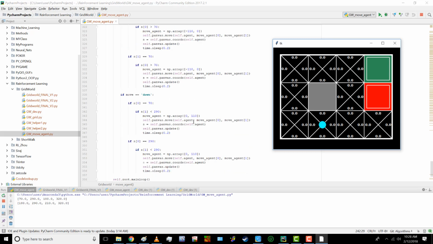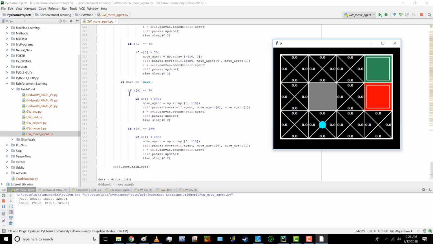Data's the same. And the same goes for the down direction. Once again, we're moving up and down. We're going to be dealing with these two files. So we're moving up and down, up and down. X is not changing. So if S0, which is x, is 70 in this file here, and if y is less than 290,